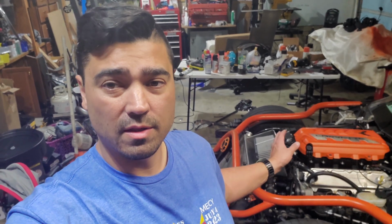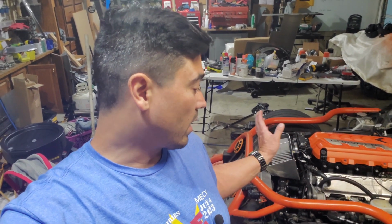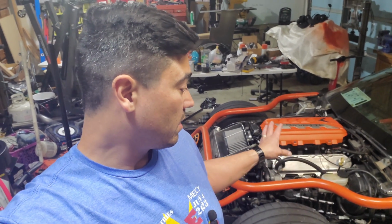It dumped a bunch of water when I took the hose off, so the system was still pretty full. And when I refilled it, I probably put half a gallon of water back in it, and it was mostly full at that point. That was what I had available. It wasn't distilled water, but it was bottled water, so hopefully a little bit better than tap water. I'll probably need to do a flush because I like it to be either distilled water or actual antifreeze. Anyhow,